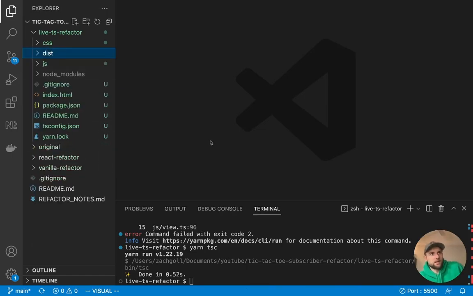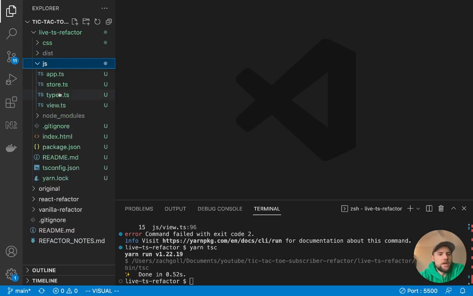But I want to wrap this up by walking through why this was so important to refactor to TypeScript and why someone would go to the effort to do this. The value in TypeScript does not really come as you are retyping things. It comes when you're trying to refactor things or add new features.